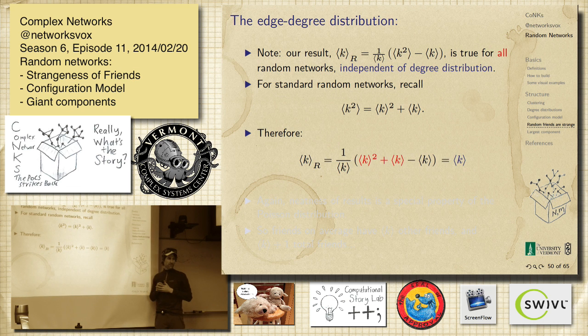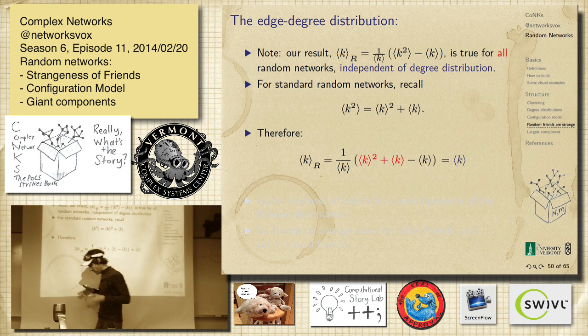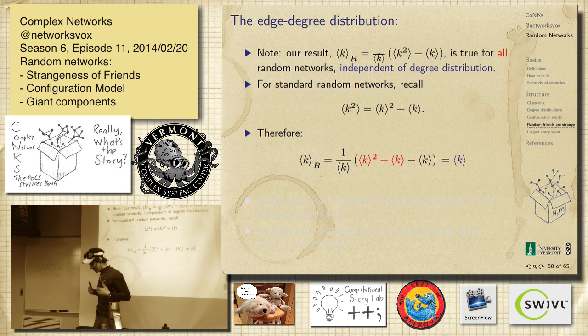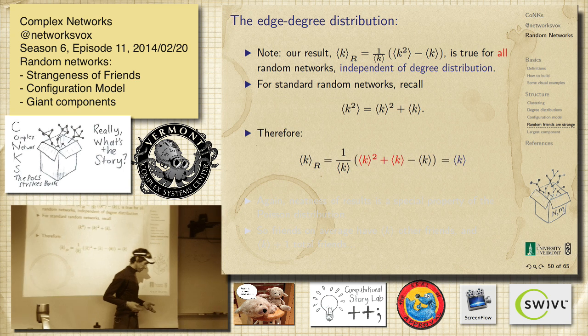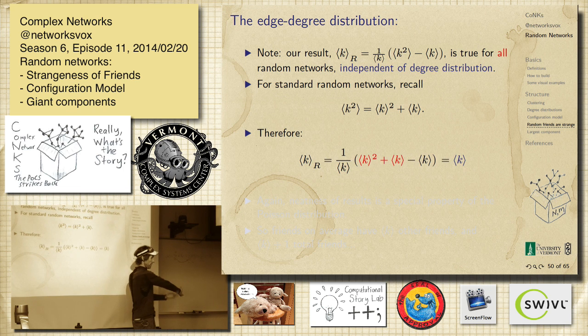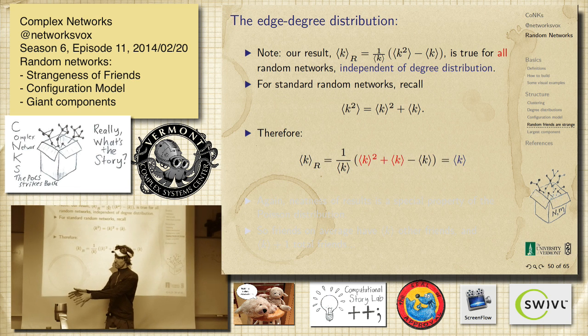It's very strange. So on average, you go to one node, and they have, let's say, on average 7.2 friends, right? Then if you jump on an edge, this is only in these particular networks, these Poisson degree distribution ones, you run along the edge, you look at that person, and then they'll have on average 7.2 other friends. So on average, they have 8.2, right? Running along an edge, you always find on average one more than if you just jump on a node and look at its degree. So that's a little funny, right?